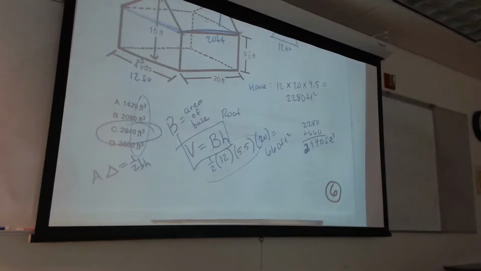Think of it on its end. If you were to take that roof and put it on its end, the ends are triangles, right? Then the height of it is how long it is. So that 20 was the base of that side of the house. If you looked at it from the side, the end is a triangle, and the height is how far back it goes to the back of the house. So from the front of the house to the back of the house is the H